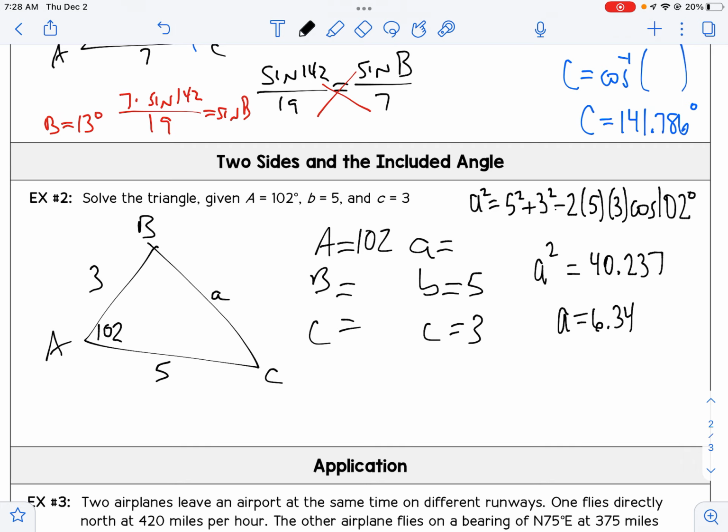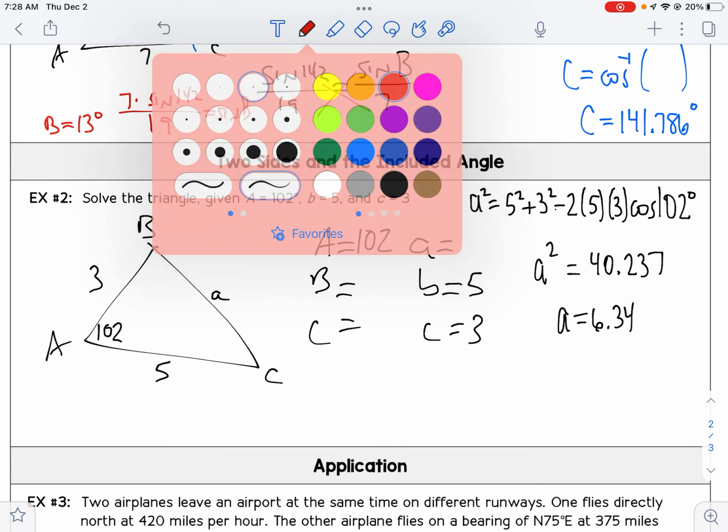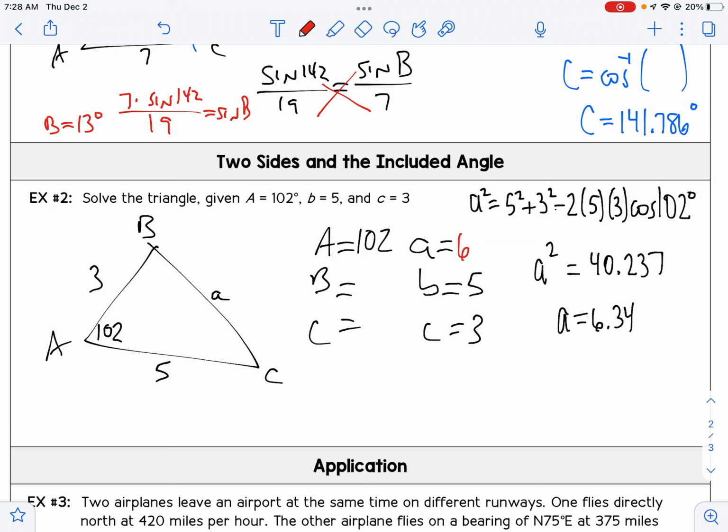I'll keep 2 decimal places since it's a side length. All right, and I fill that in for side A, 6.34. Again, the nice part is I only have to use law of cosines once. Once I've used law of cosines once, I can use law of sines from there on out, which is typically easier. So I would do the sine of 102